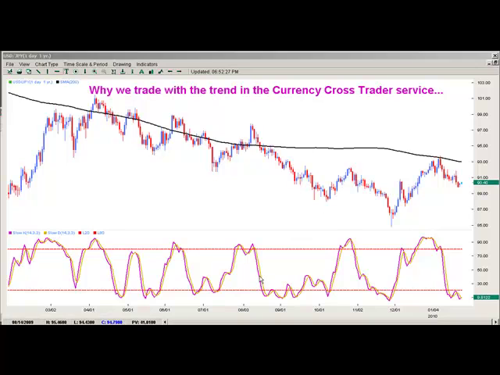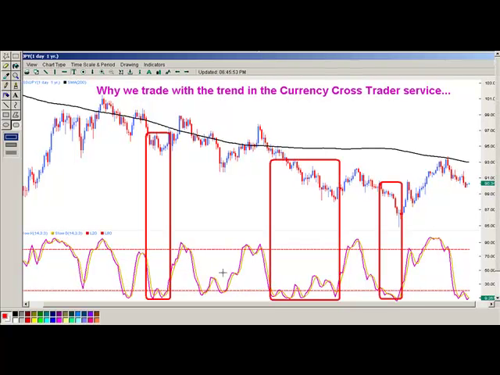Why we do not trade counter to the trend, I want to show you here. Let me pull this up. Same chart. I've just drawn some boxes on it. Counter trend trading is when we've got a downtrend and we're trying to buy or catch a bottom, which is a no-no for professionals. And the reason is because when this came down into, and this is the slow stochastics that I'm looking at, and I've got a 14, 3, 3 settings,